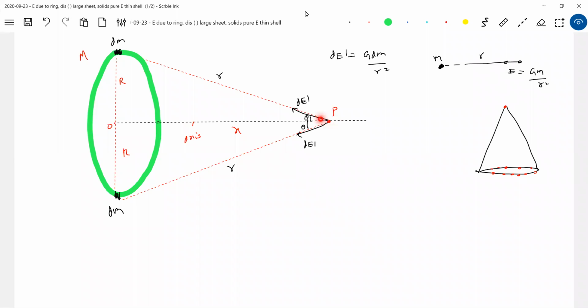So then why do we assume two elements? Whenever the mass is distributed symmetrically about the point where you are finding the field, you assume two elements to simplify the mathematics. If the mass is not distributed symmetrically, then take one element. This is a key idea when you're solving problems. These are some things you are supposed to notice here: why one element, why two elements.